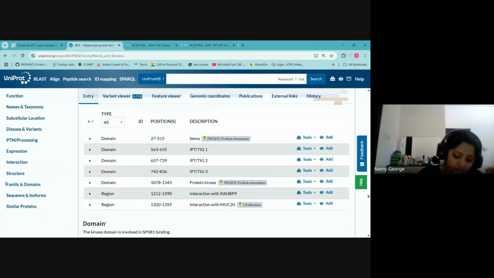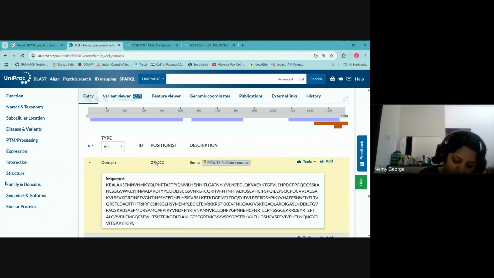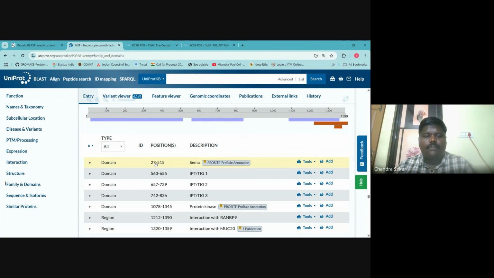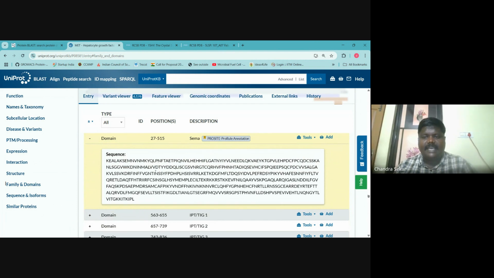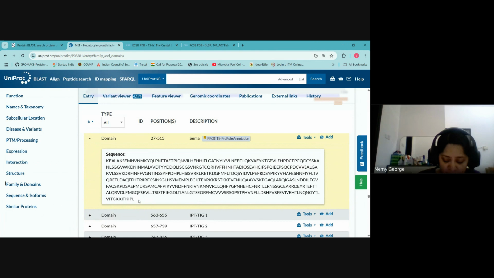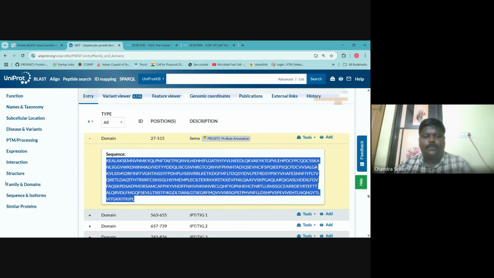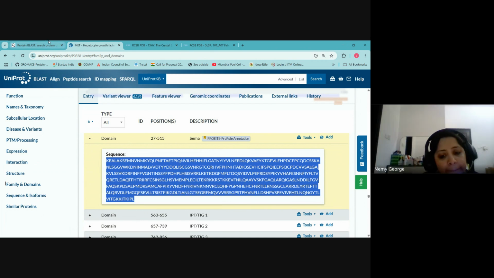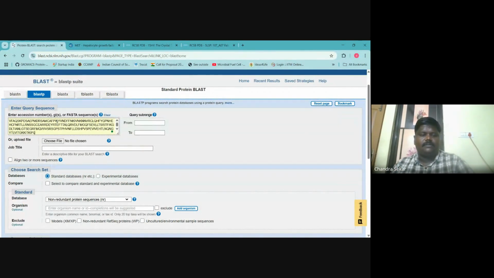The SEMA domain is none other than 27 to 515, 550. You can make a note of it. I just have to click this. This is the exact domain I need, correct? Yes. So without any further loss, I just copy the sequence to BLAST and paste it.